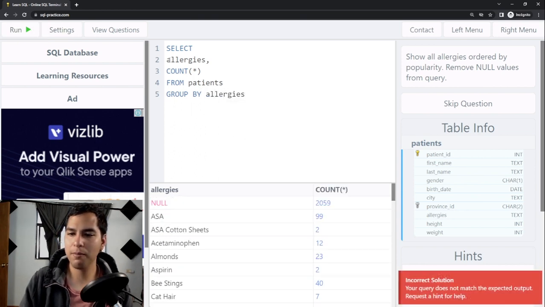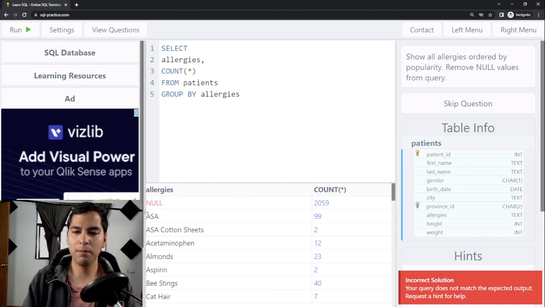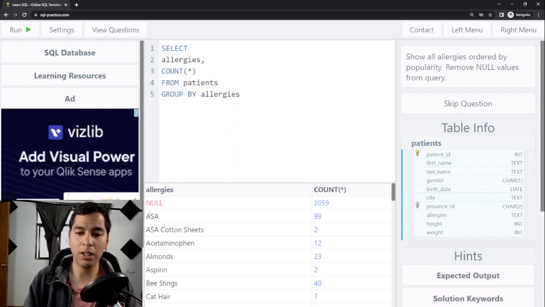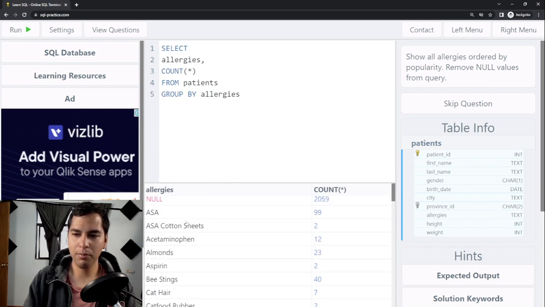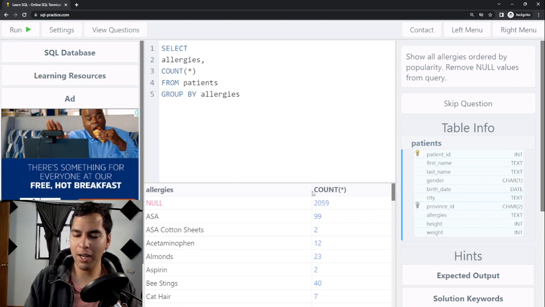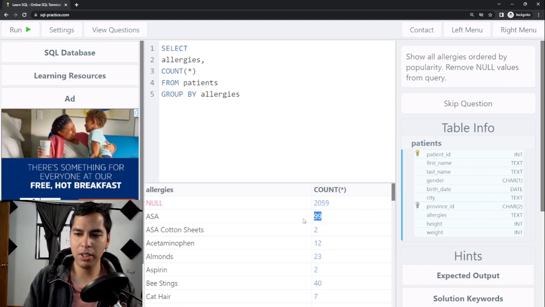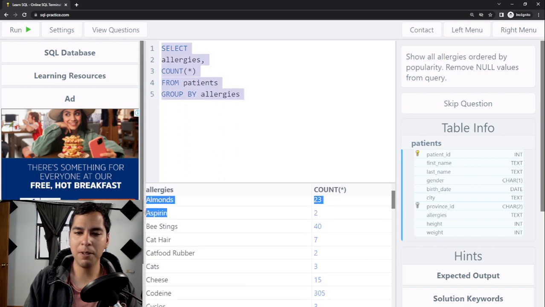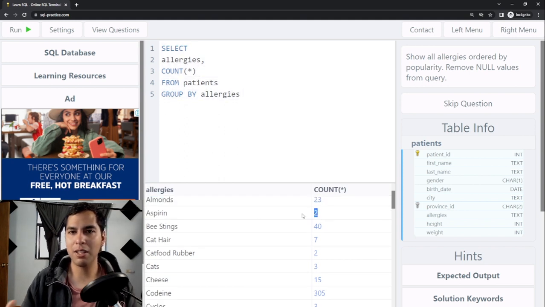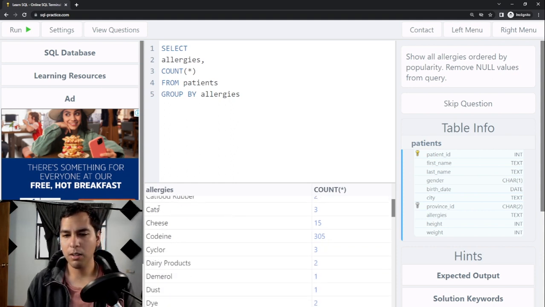If I run this query, you can see that now I have all the names of all the allergies appearing once in the allergies column, and on the right I have a count column which tells me how many times each allergy appeared in the table. So for example,